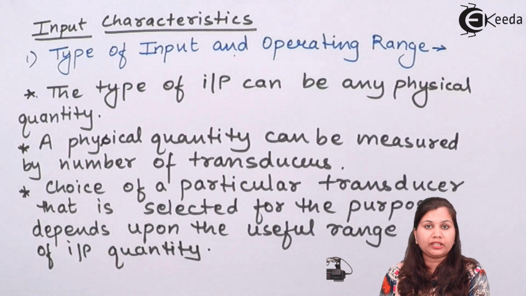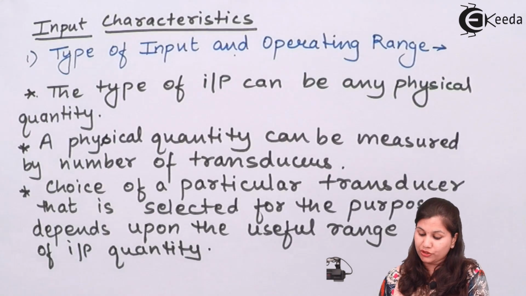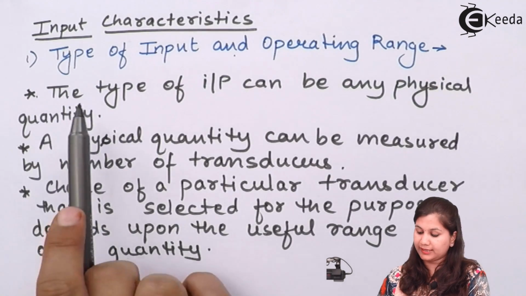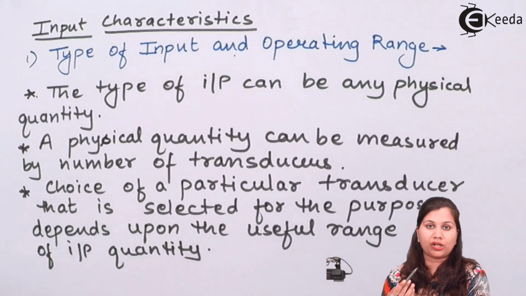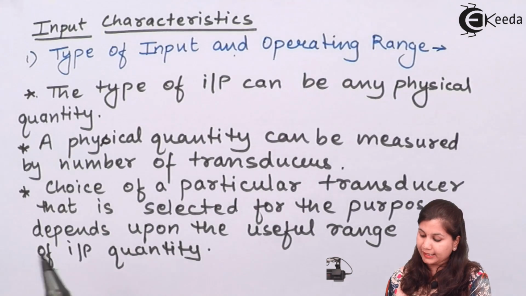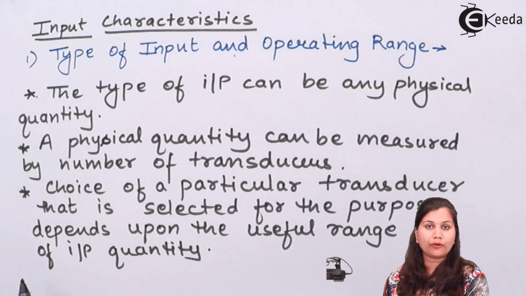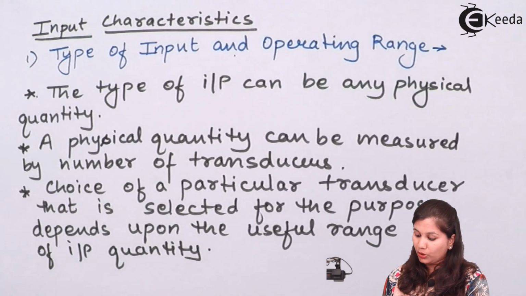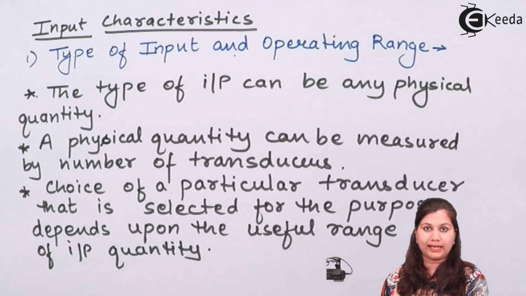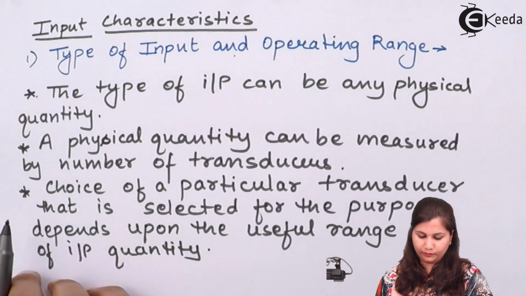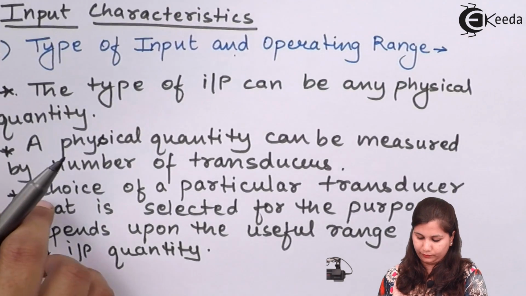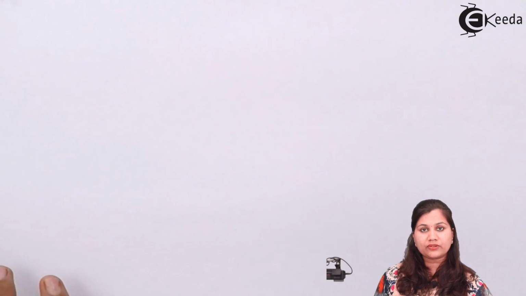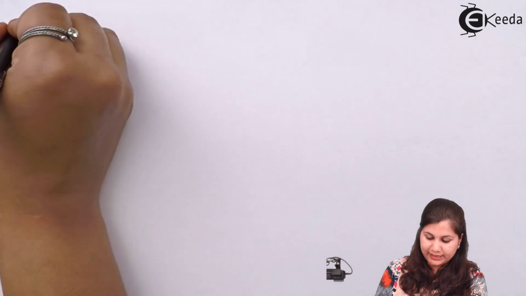So whenever we are selecting a transducer for an application, the first and foremost consideration is the type of input which the transducer is going to measure, and second is the useful range of the input quantity over which the transducer has to work. So how is this useful range being decided? Now this range is going to have an upper limit and a lower limit. So upper limit is decided